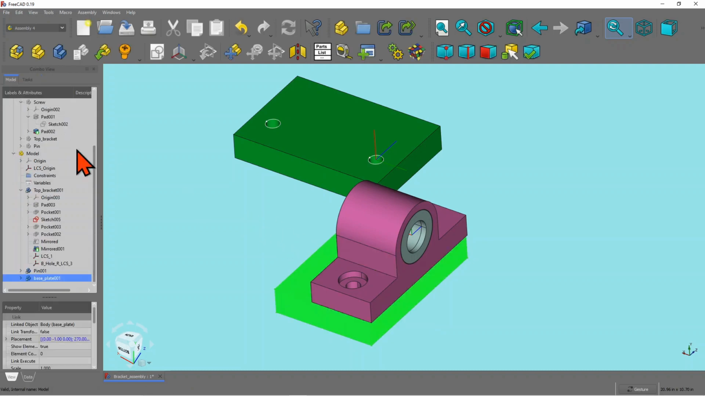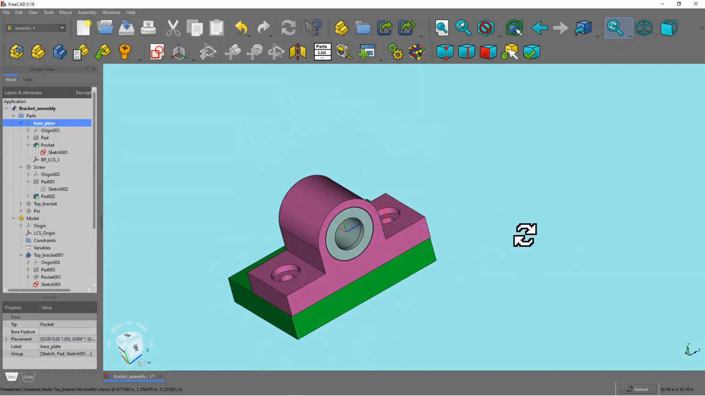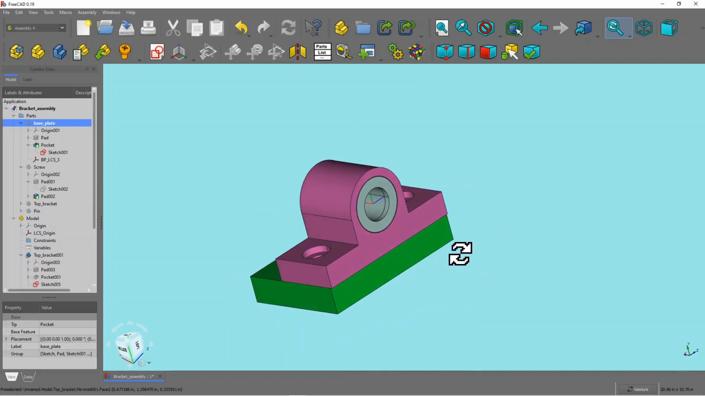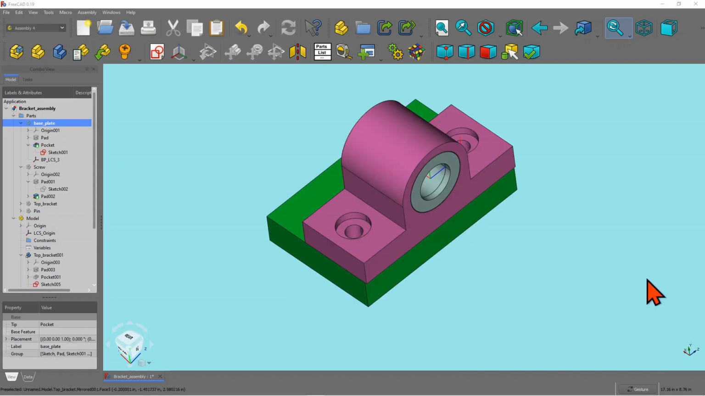Okay, so we got that done and just need to blow that one off. Okay, so you got that correctly done. Now we have base plate aligning with the top bracket. Okay, so next step is to create the